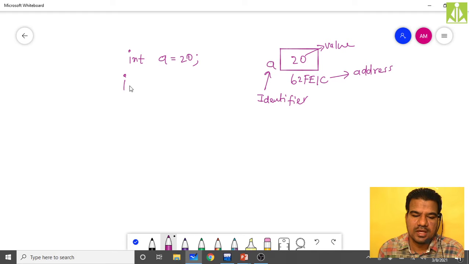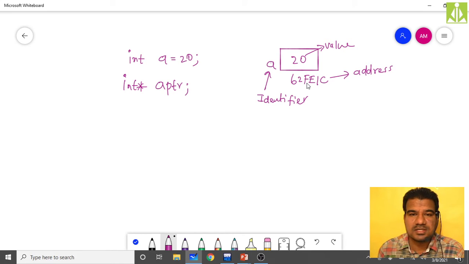How can we declare it? Int star. As I'm storing the address of a, I'm declaring aptr. So this is my aptr. Let us check what this aptr's address is, because being a pointer variable, it will also consume some memory from the computer.